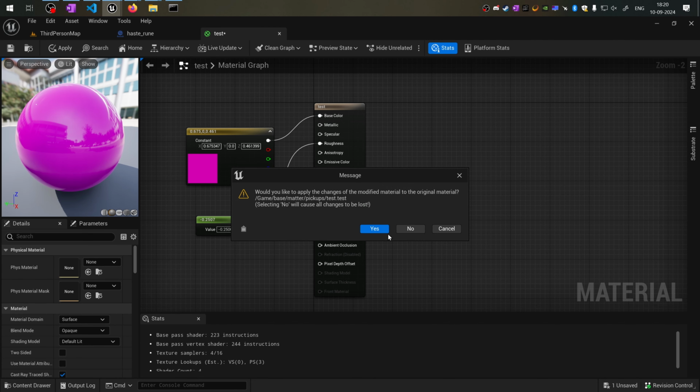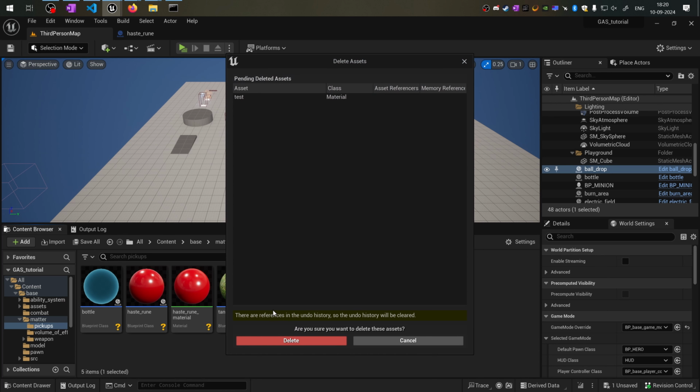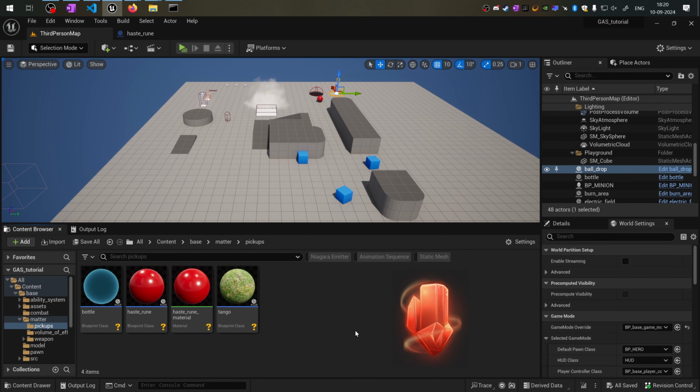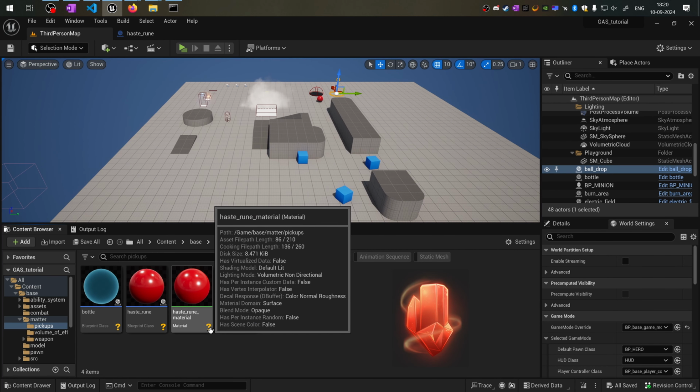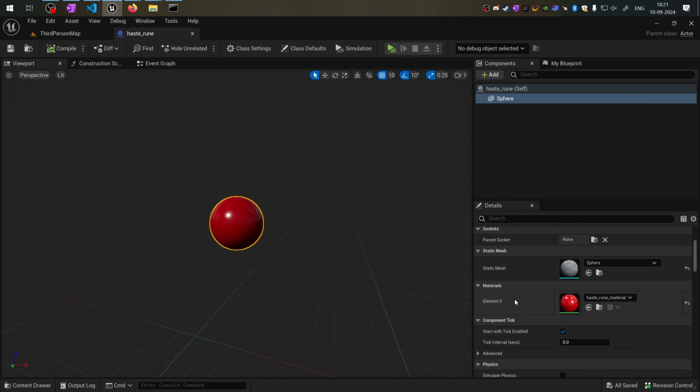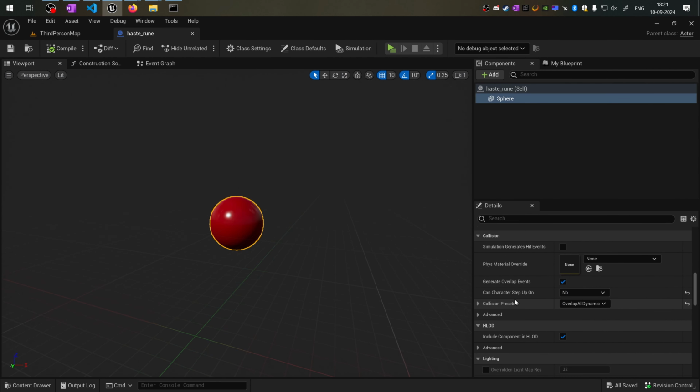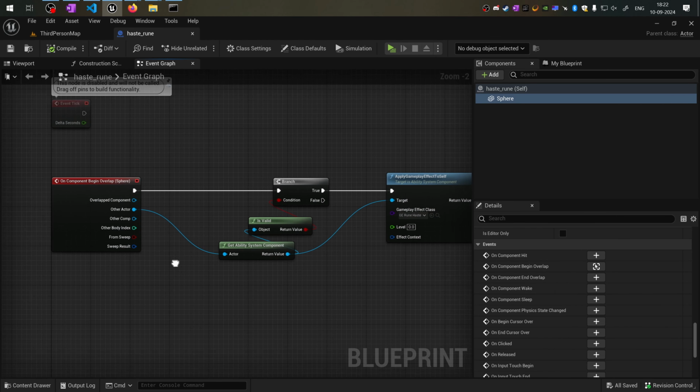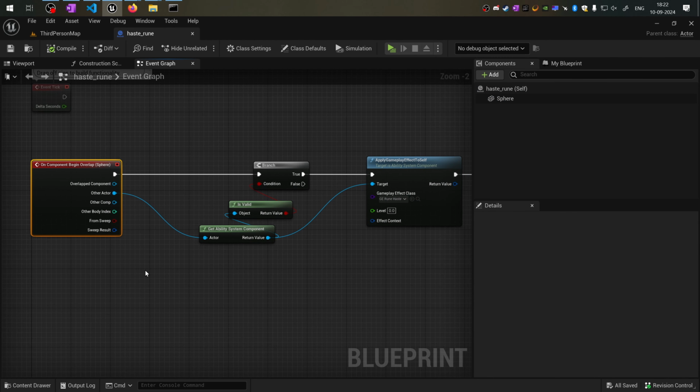So I shall close out of this class and delete this test material, since I've already created mine to be the color of blood red, as in Dota 2's Haste rune. So after setting the material, I set this actor to generate overlap events, and the collision presets to be overlap all dynamic. I have implemented the onComponentBeginOverlap event, and in this event, for any overlapping actor, I shall attempt to get and validate its ASC and apply a gameplay effect to that ASC,